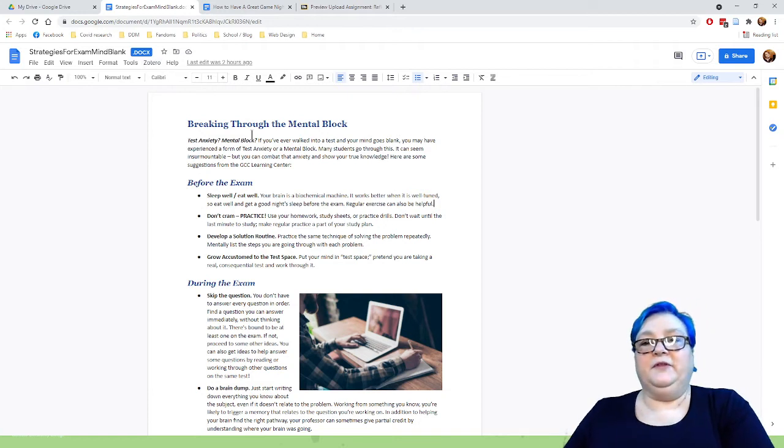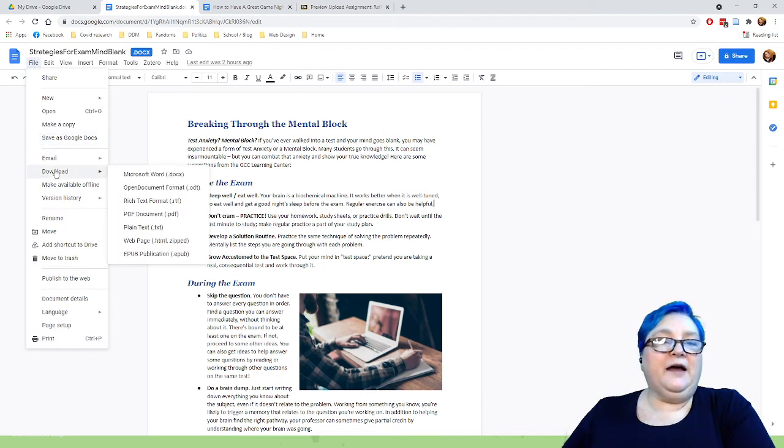But here's the beautiful thing. We can do all of the wonderful Google things that we want to do with this document, even though it's in Microsoft Word format. So we can share it, we can collaboratively edit it, we can use all of the formatting tools and make all of our changes just as if it was a Google Doc. And when we're done, File, Download, Microsoft Word. This file has always been a Microsoft Word file, and we have just edited it in Google Docs. That's another wonderful solution because it's very easy.